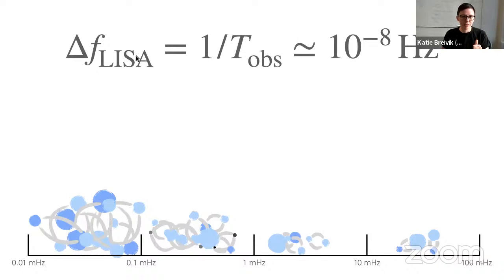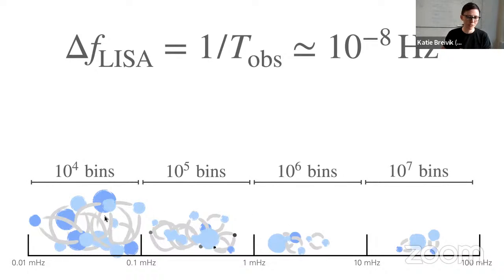Broadly speaking, a good rule of thumb is that it's just 1 over its observation time, so something like 1 over 4 years. And that's the LISA frequency resolution that you have. When you think about this set of bins, in terms of that frequency resolution, what that means is that there are